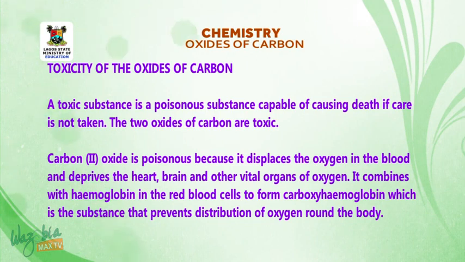Carbon-2 oxide is poisonous because it displaces the oxygen in the blood and deprives the heart, brain, and other vital organs of the body of oxygen. It combines with hemoglobin in the red blood cells to form carboxyhemoglobin, which is the substance that prevents distribution of